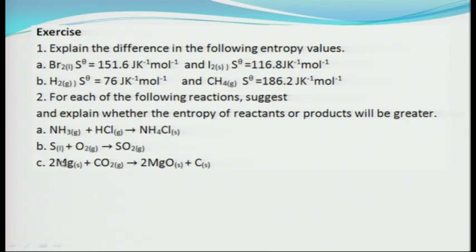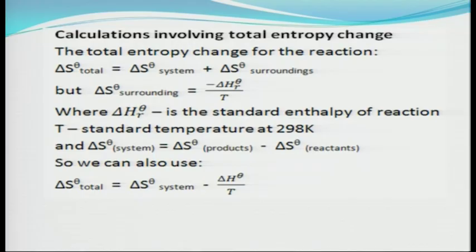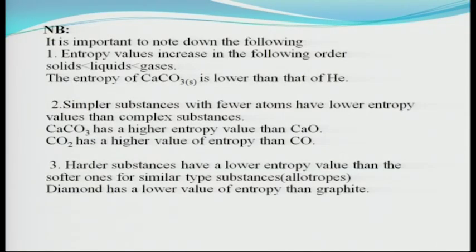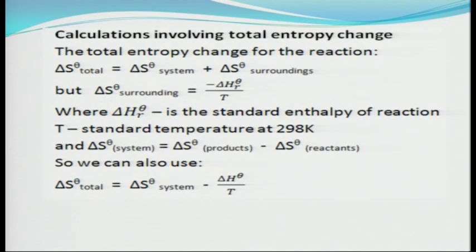Then here we have magnesium plus carbon dioxide giving us. So you observe here, again we are going to say reactants will have a higher entropy value. Why? Because we have here solid and gas. Here we have solid and solid. So we continue. So this summarizes our discussion here, and we are going to continue with our calculations involving total